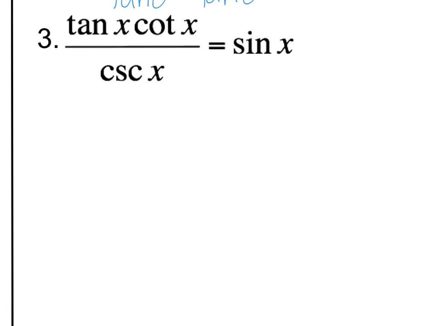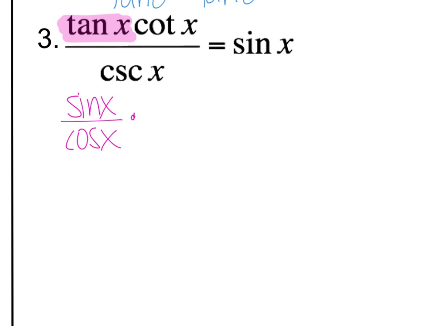So on this next one, again, strategy. I want everything to say sine and cosine. None of this on the left side. The left side is the more complicated side, so that's the one I'm working on. None of this is sine and cosine, so all of it's getting changed to something. Tangent x is going to change to sine x over cosine x